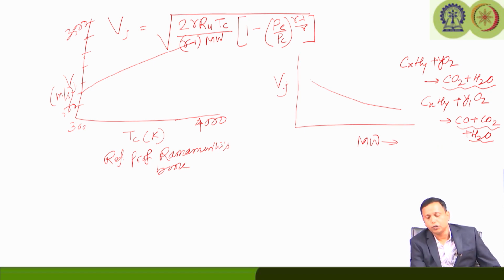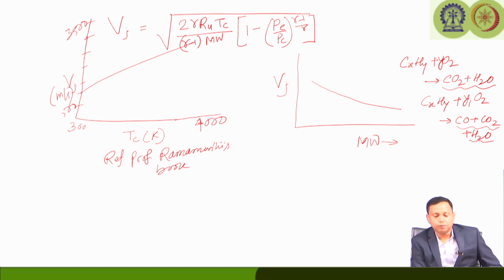We have just talked about Vj, but later on we will see that the specific impulse, which is one of the important performance parameters, is very much related to Vj, and is in a similar unit. So, in a sense, we can say the performance of the rocket will very much depend on these things. If we can increase the combustion chamber temperature Tc very high and lower the molecular weight, that will be conducive to generating high jet velocity, or in a sense, to increasing the rocket performance.